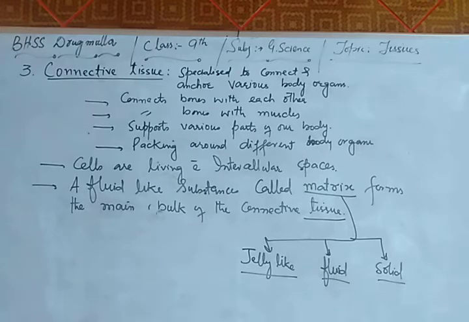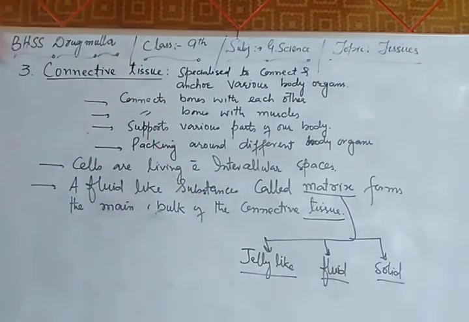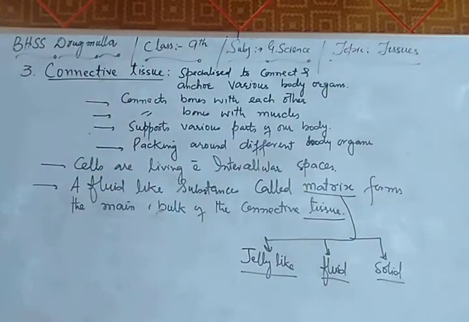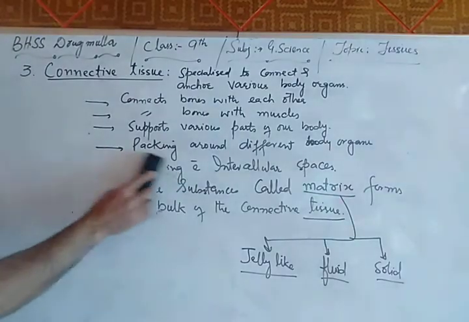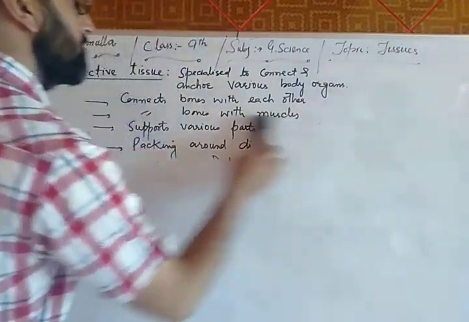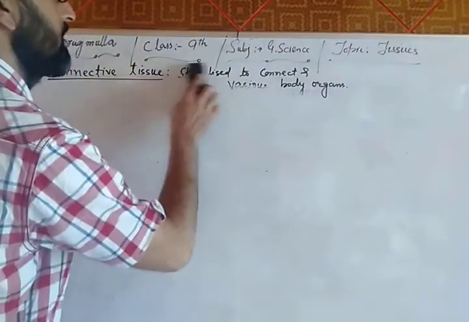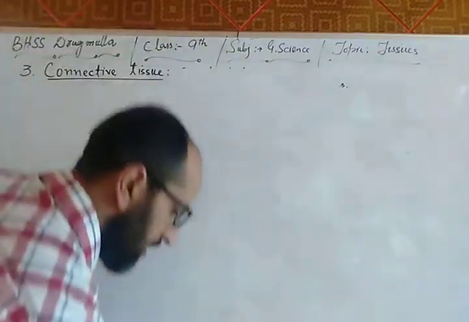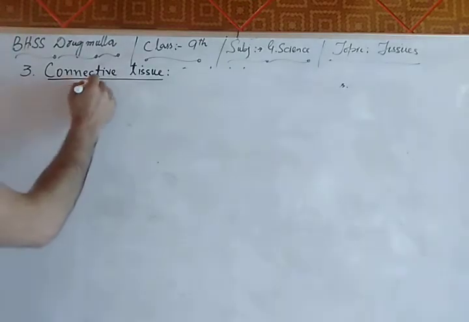On the basis of the nature of the matrix, we have three types of connective tissues. So here comes first the classification of connective tissue. For classification, we have the criterion: the nature of the matrix. Depending upon the nature of the matrix,